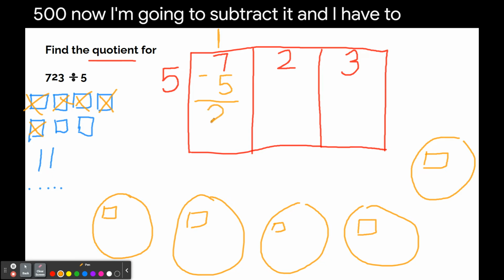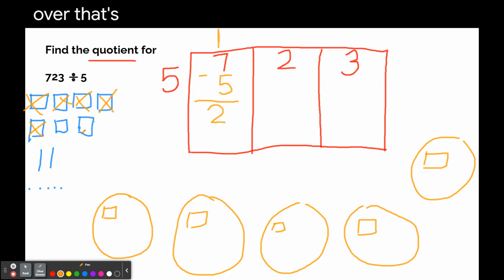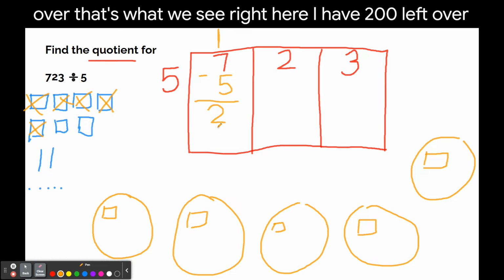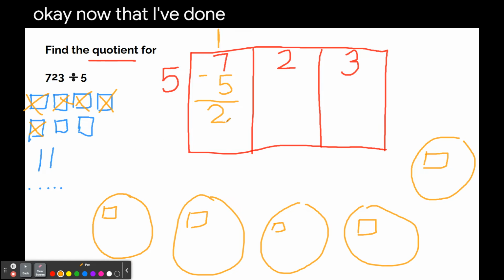And I have 200s left over. That's what we see right here. I have 200s left over. Okay, now that I've done that, I am going to go ahead and figure out what I can do